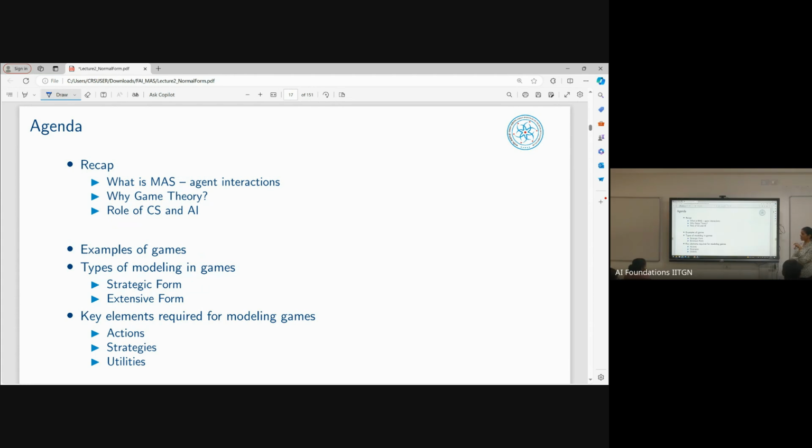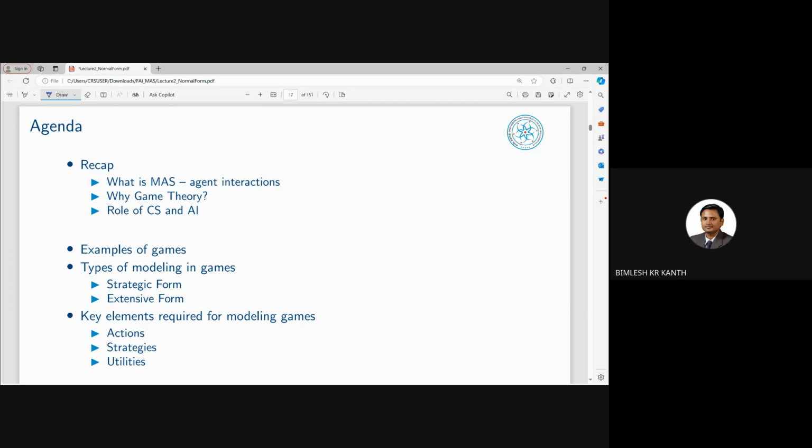So the thing is, in the problem sets after today's lecture, I have given two problems on Braess's paradox. Once I cover today's lecture and you solve that, you will get concrete numbers as to why that paradox happens. So that I think should be clear as the lecture progresses. And the question regarding rationality, I have not yet defined rationality. The first lecture was more of an overview when I was talking about a lot of things, but I'll concretely define what rationality is, what intelligent behavior is, and how these things actually come into play. So I think you'll have to wait for your answers. Is that fine? Okay, ma'am. Thank you.